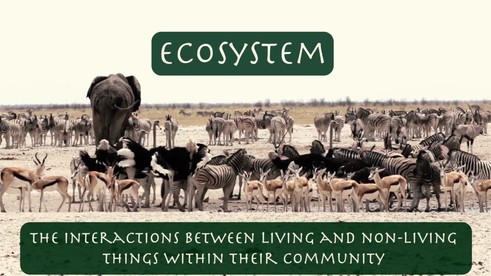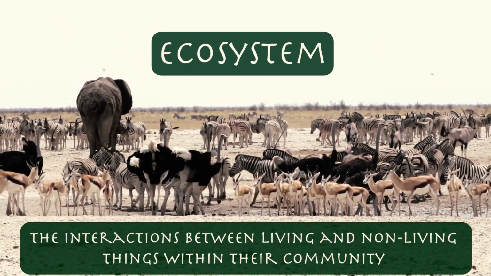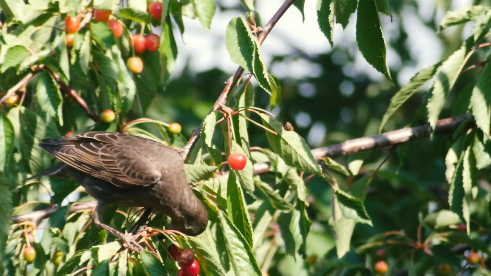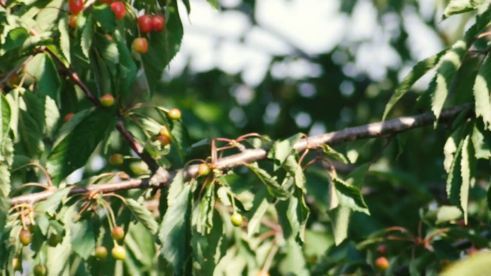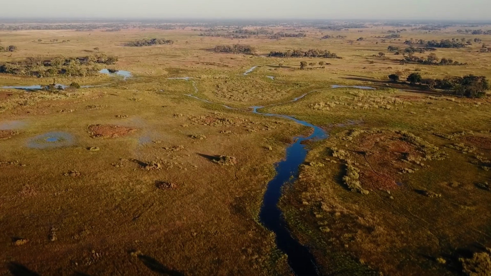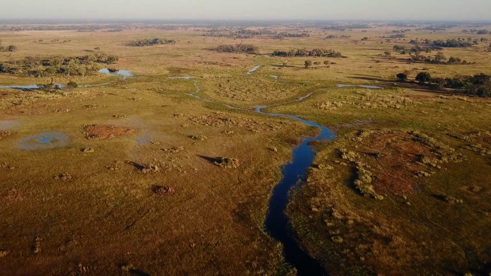This is the concept of an ecosystem, or the interactions between living and non-living things within their community. For example, let's follow the journey that starts with a hungry bird who's looking for the juiciest cherry on a cherry tree. It eats the whole fruit, pit included, and then it flies away in search of more to eat, maybe some insects. As it flies, it poops out the seeds that were not digested, which then fall from 100 feet up in the air and land in a whole new area on the side of, let's say, a riverbank